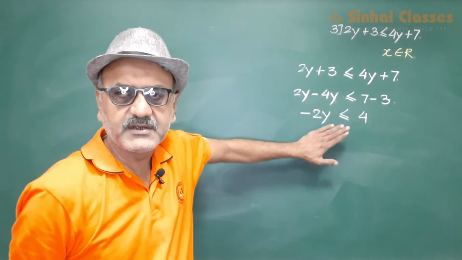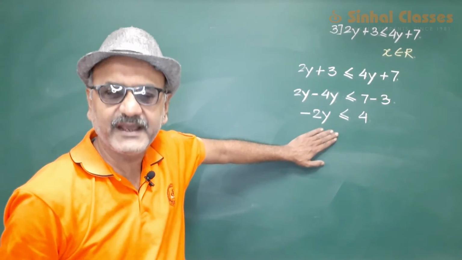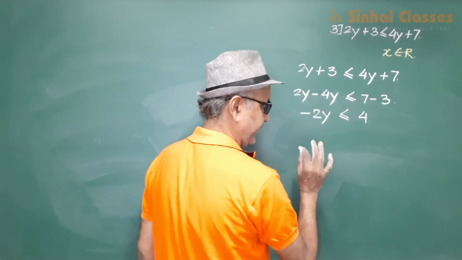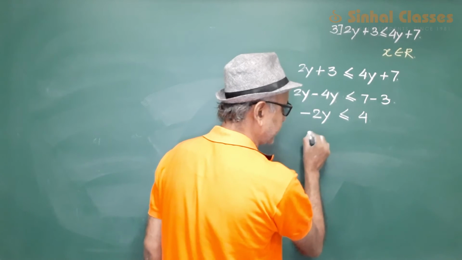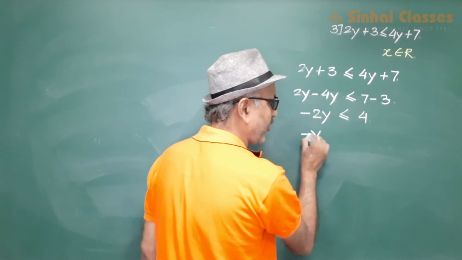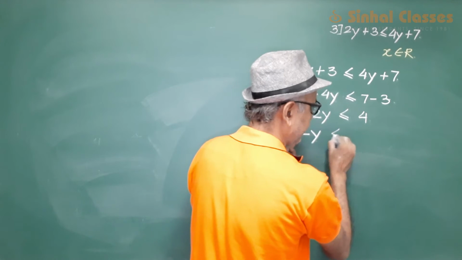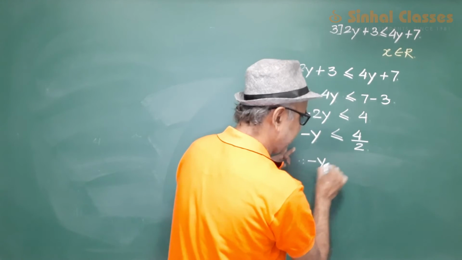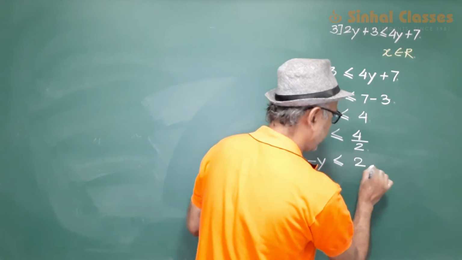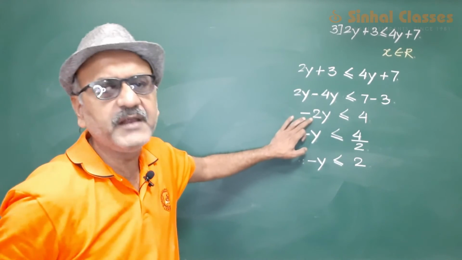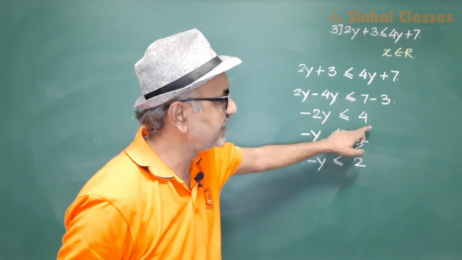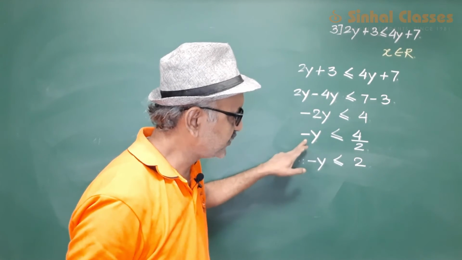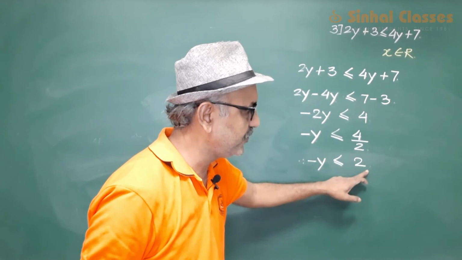Now guys, here comes the catch. This is the point where the students can make a mistake. We need to avoid that. Now this is minus 2y. Do this. Keep minus y on one side and shift 2 on the other side. Only the number 2. So this becomes minus y greater than or equals to 2. Normally what do we do? Normally we shift this minus 2 on the other side. Keep minus along with y. Shift only this number 2. So you will get minus y is lesser than or equals to 2.